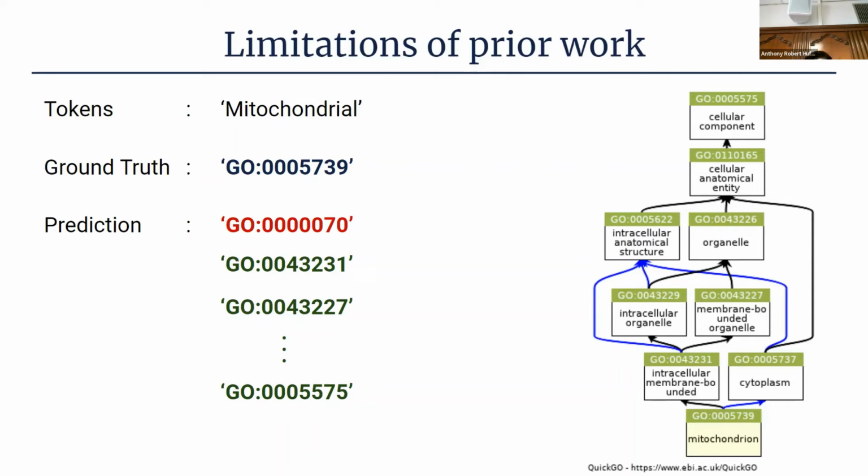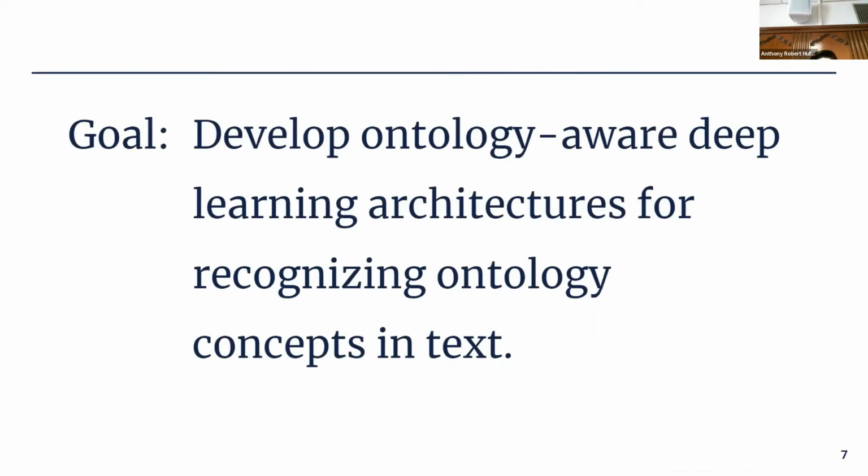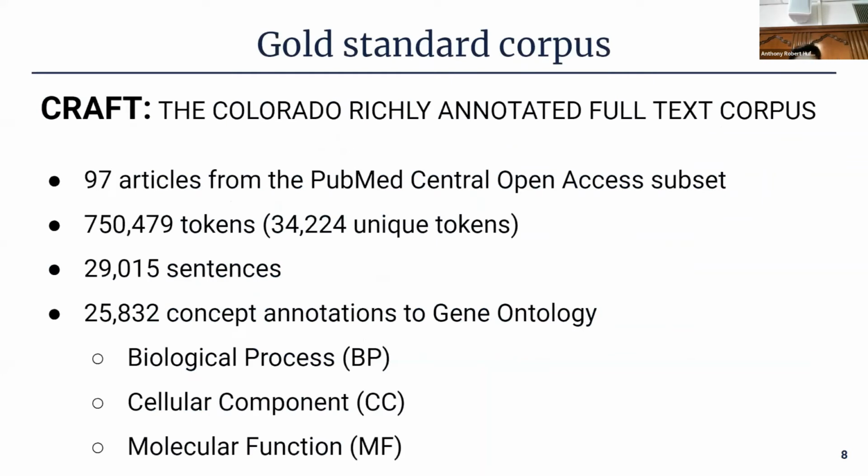So in that case, what we want the model to do is, if it fails to predict the exact term, we would want the model to at least predict some other term that is semantically similar or semantically closer to our ground truth. So as I said, the goal here is to develop a deep learning model that is ontologically aware in recognizing these texts. So for the training purpose, we have used Craft, which at this point is pretty much a gold standard